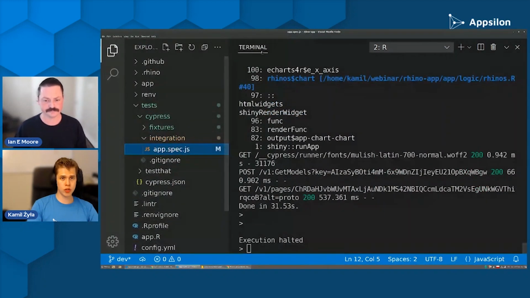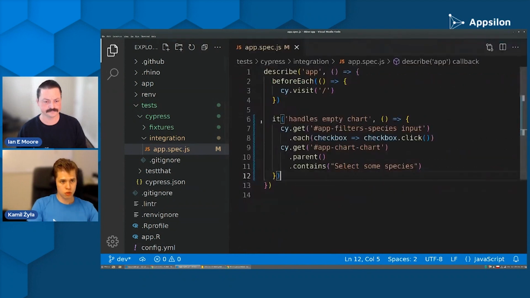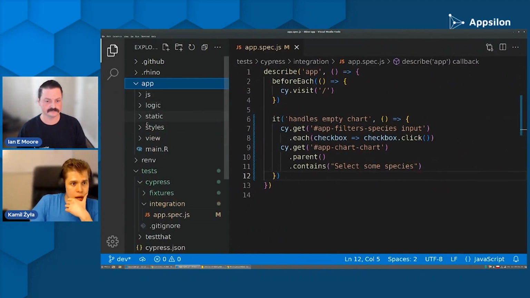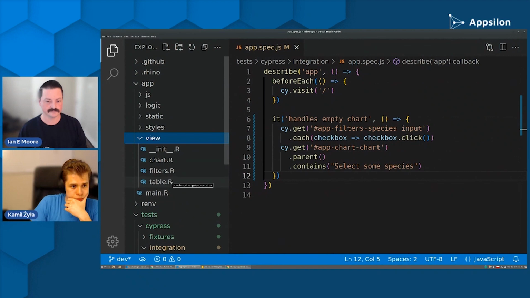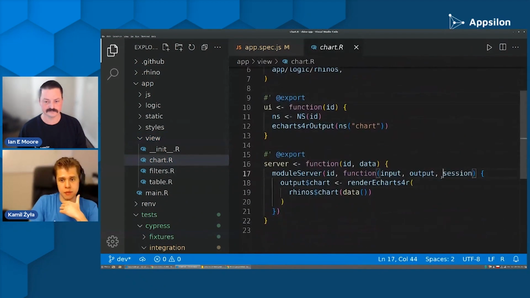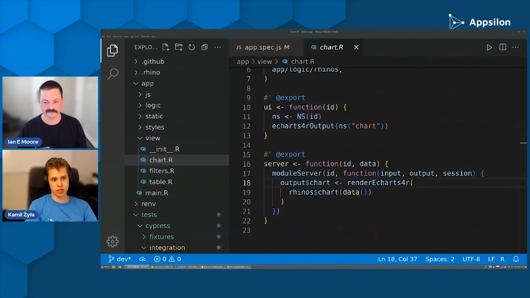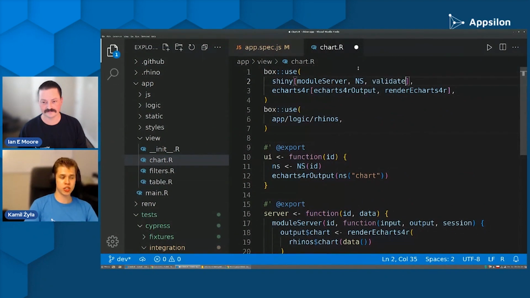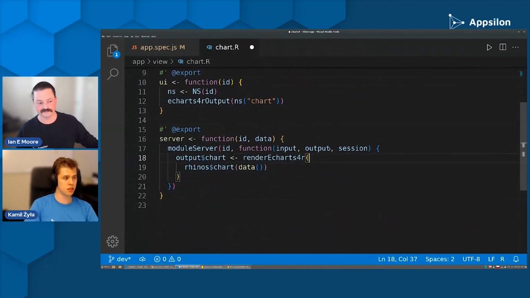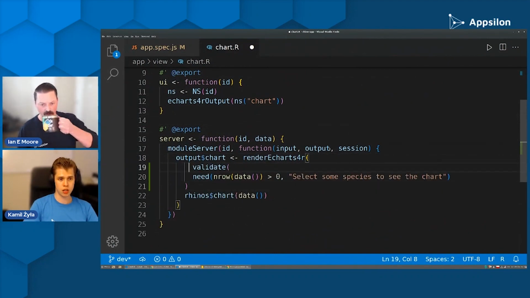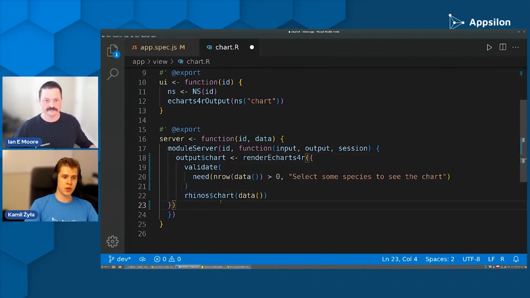To do that, I'm going to go to my app view chart file, and I'm going to, again, use some standard Shiny functionality to add validation here. I will import the validate function and basically add a single call to it here. So we need some braces to make this work. So this will check that